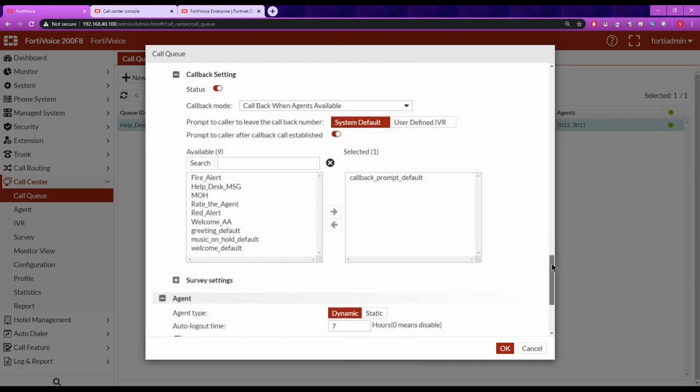Next we have the callback settings. So the callback feature is something that can be initiated by the caller that's waiting in the queue. So if they no longer are able to wait, I believe it's option 9 that they would need to press to initiate a callback request. So there is the system